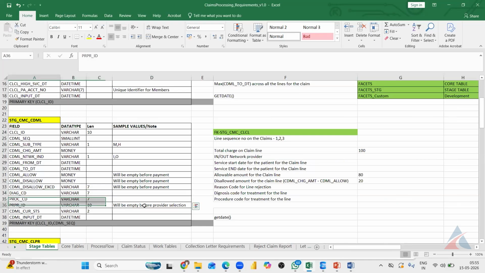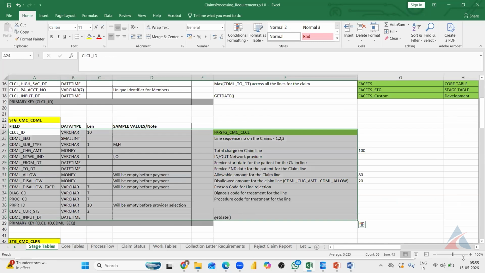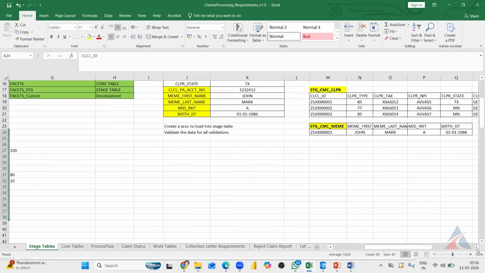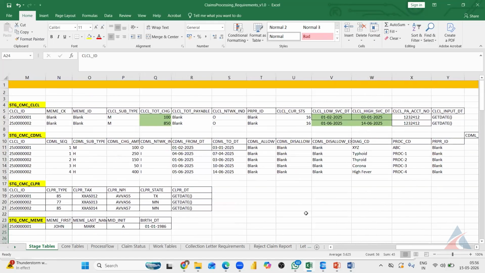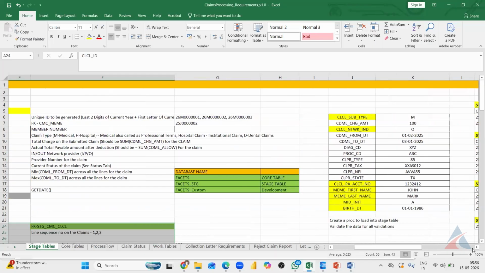Okay. Then provider ID, this will be empty. Current status will be 16 because the claim is just loaded, and input date will be the get date. So line level information will be stored here. I will show one more example here. I might have it. Okay, yeah, this is the